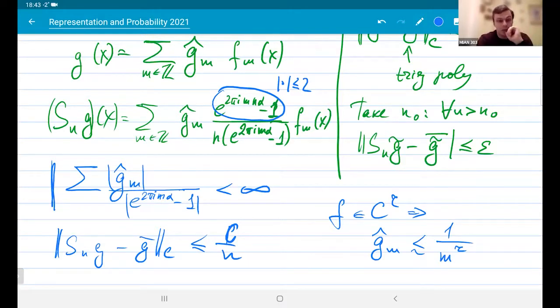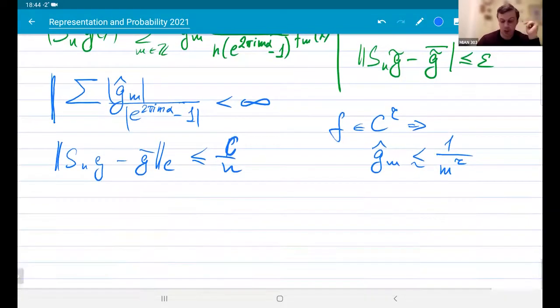But the problem is the following: we divide this number by something, and this denominator can be very small. And if it is small, then our series will take some large elements, large summands, and so it can diverge. This is the so-called small denominators problem. It is not a problem in the mathematical sense, it is a problem in a more real-life sense, that you have to do something with this.